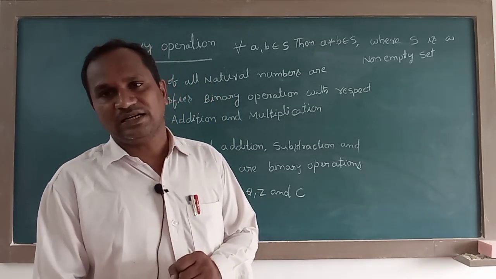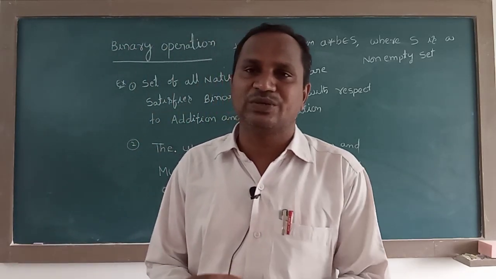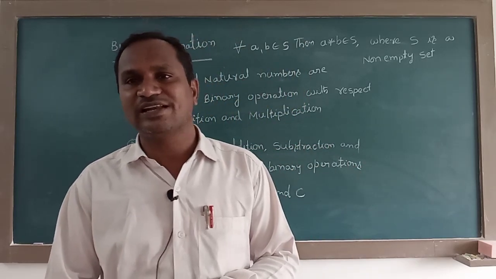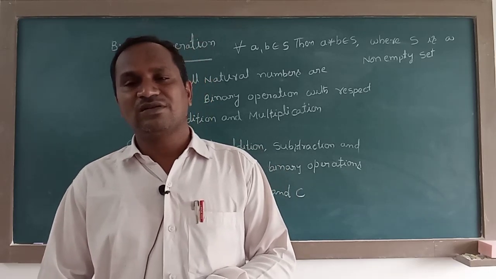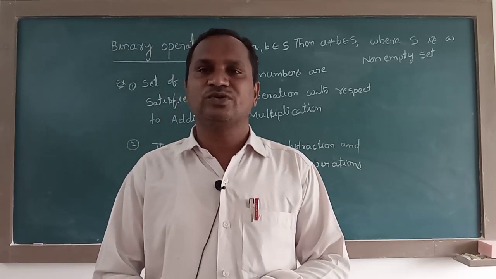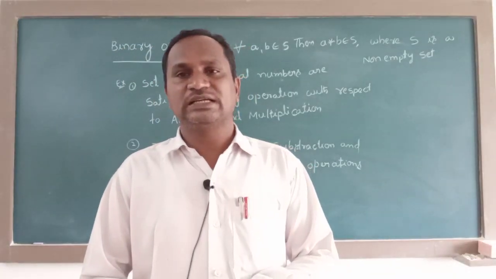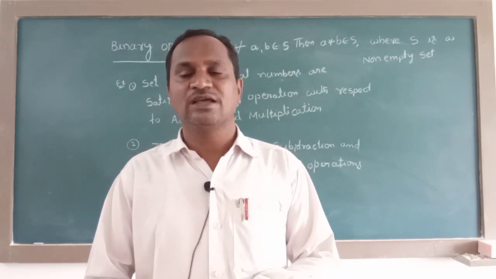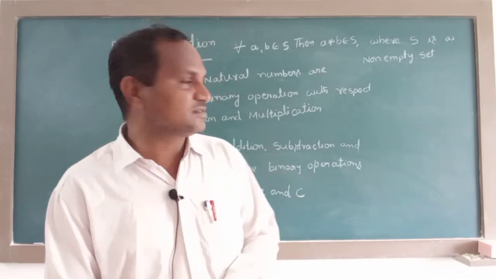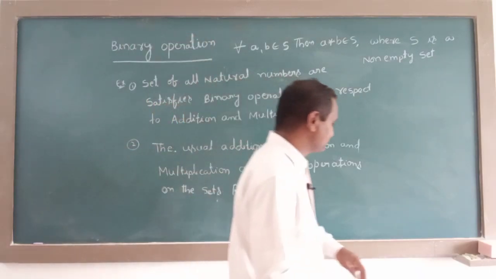How? Division means fractions. You can have those types of fractions in the set of all real numbers, rational numbers and complex numbers. So it is also a binary operation, but you are telling me it is not a binary operation. How, sir? If you have a doubt like that, I'll give you the proof now. Let us discuss that.